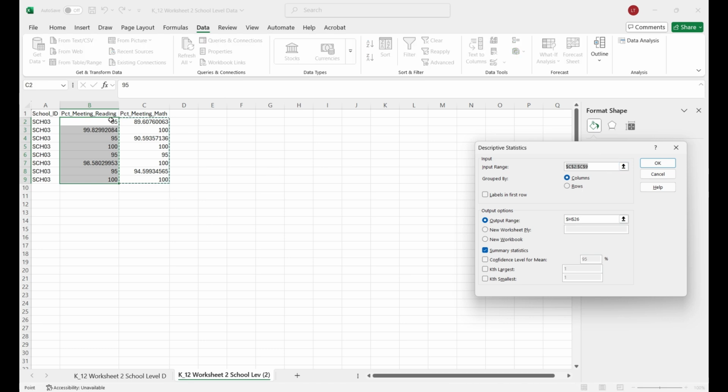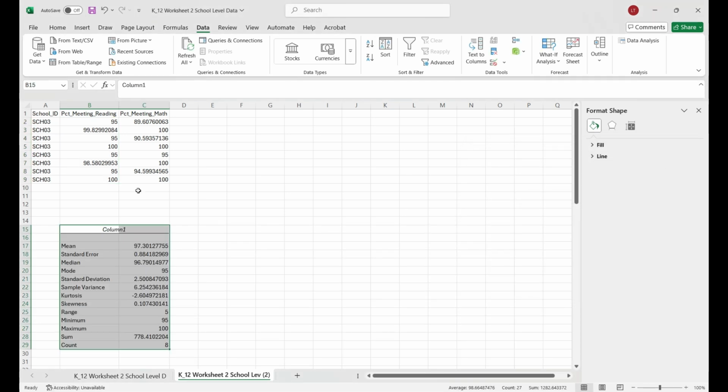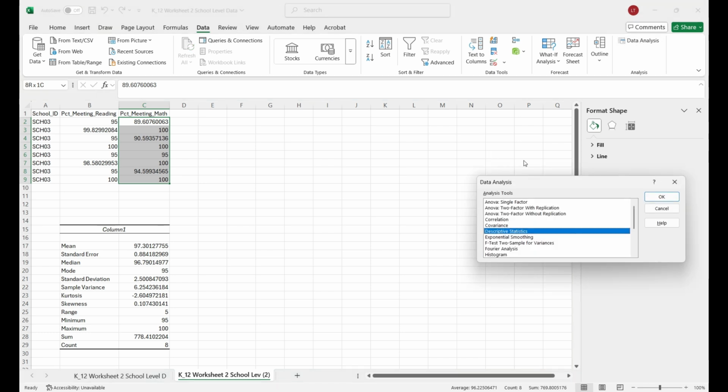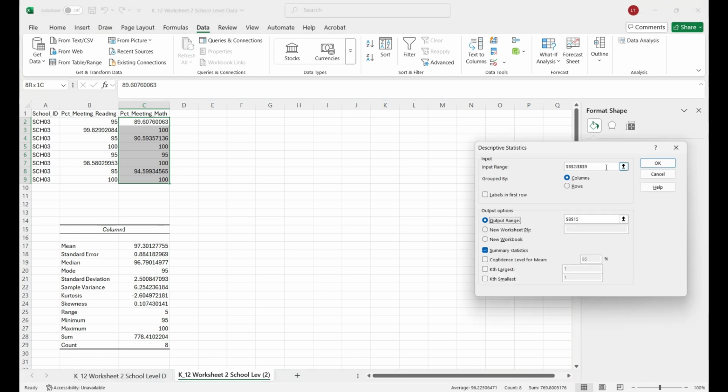I will select that column and we will drop it right here and let that kick out our statistics, and we will do the same here and kick out the rest of our statistics on another one, selecting that column, and we will run column C,